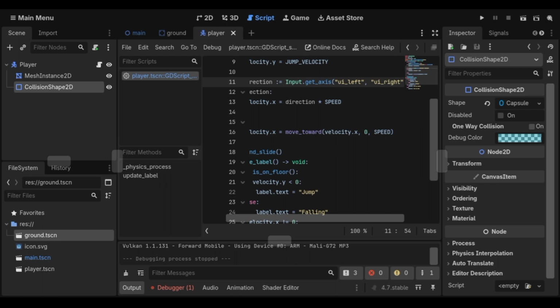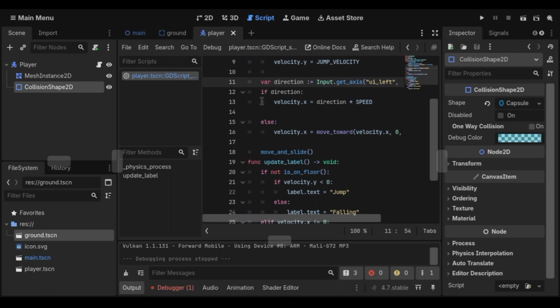And when I press right, it gives a value of 1. This line is asking if direction is not 0, and if it's 1 or -1, then what happens is that